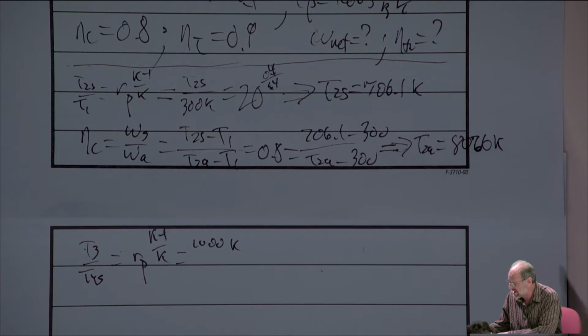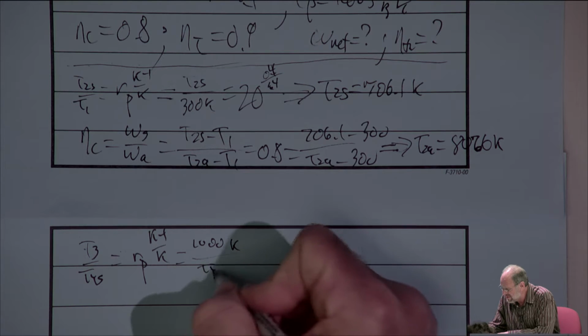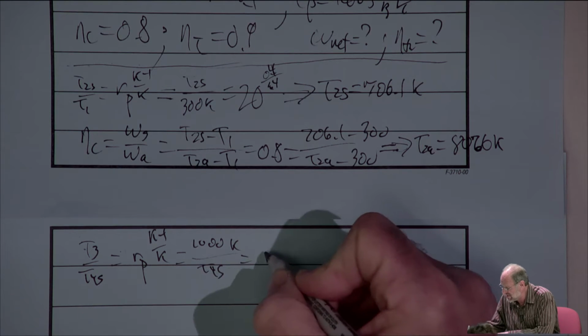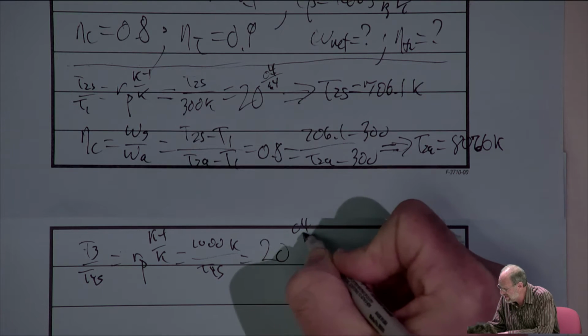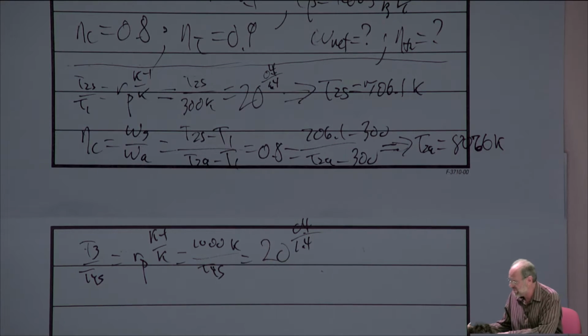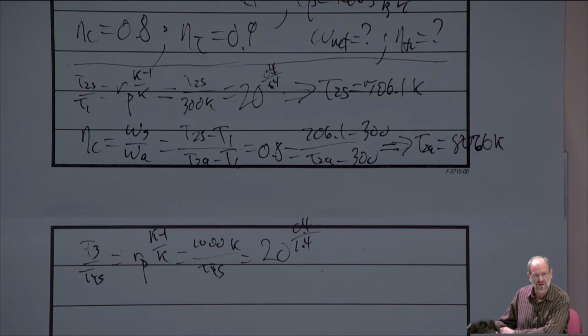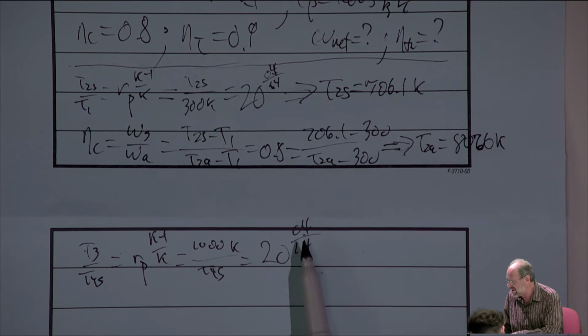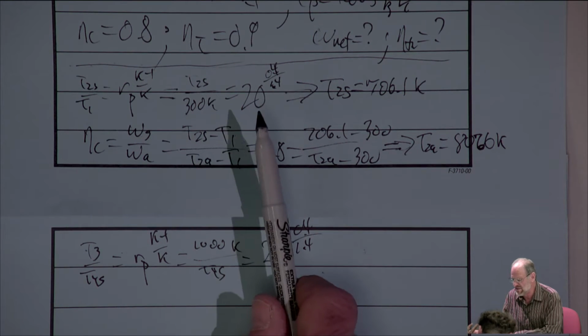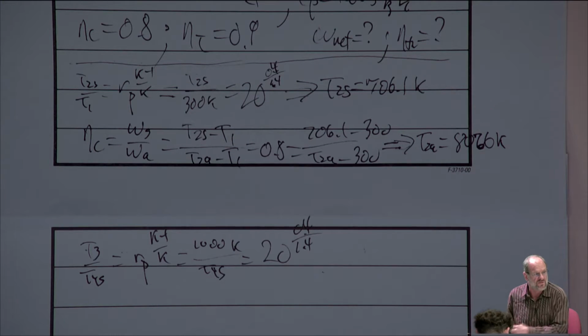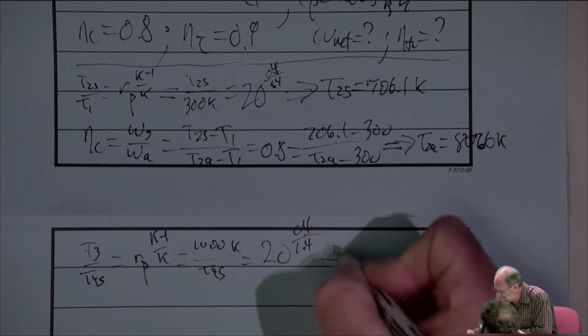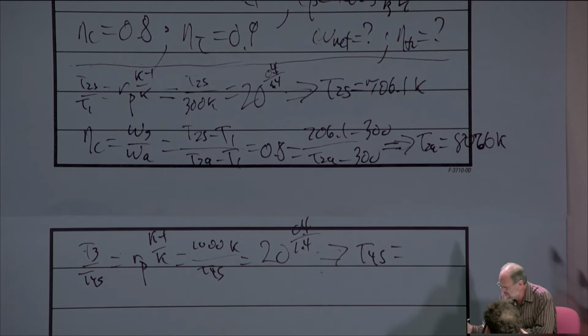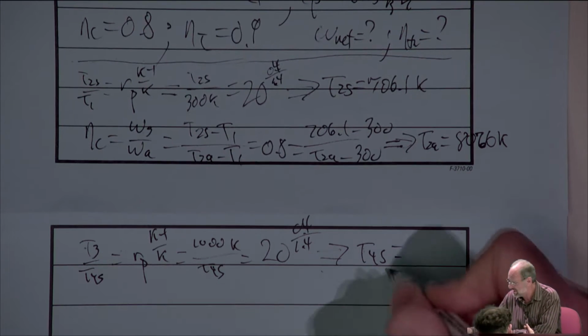So converting it into Kelvin, it's 1,000 over T4S. And again, this equals the pressure ratio of 20 to 0.4 over 1.4. I believe I mentioned once upon a time that you should be using your calculator save memory button a lot. You've already done the RP to the K minus 1 over K when we did the compressor analysis above. So you might as well just store that in memory and save yourself a minute when you're solving the problem. Nonetheless, we go through our mathematics and the T4S becomes